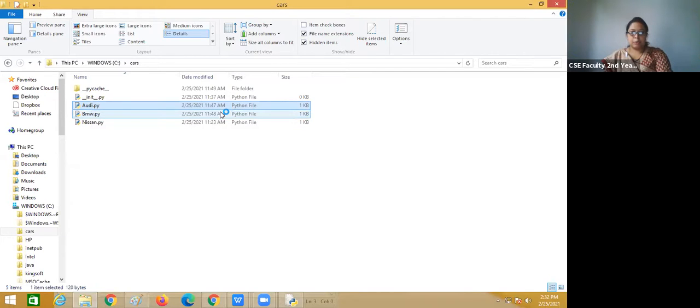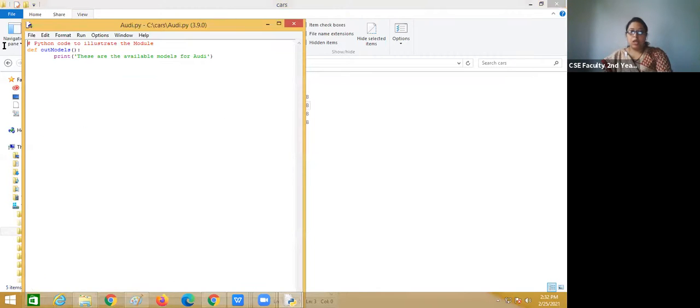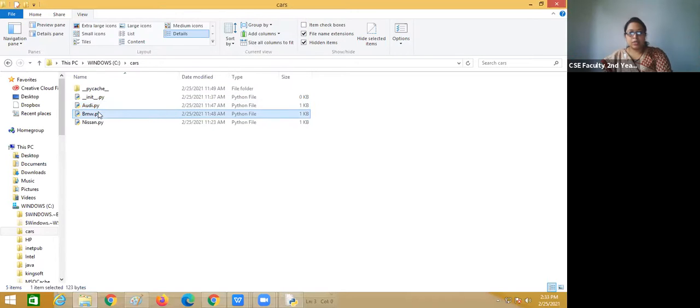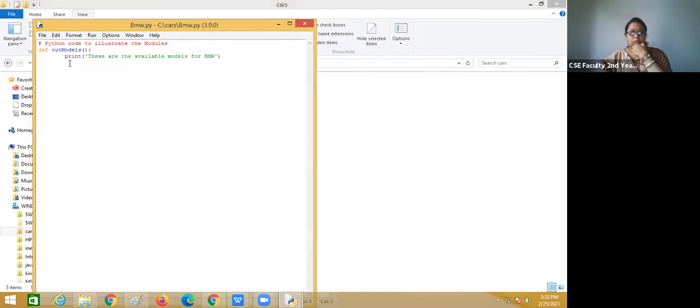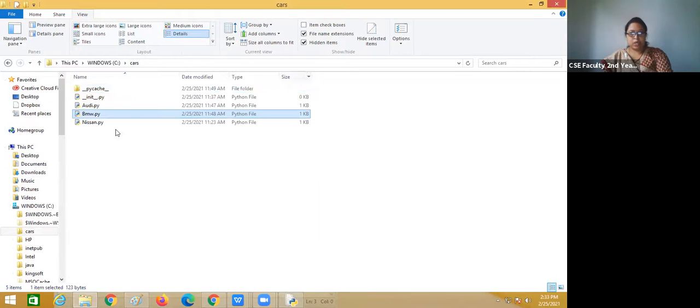This one will print these variable models of Audi, and the second one will print this message. Now you will see how these two modules are imported.